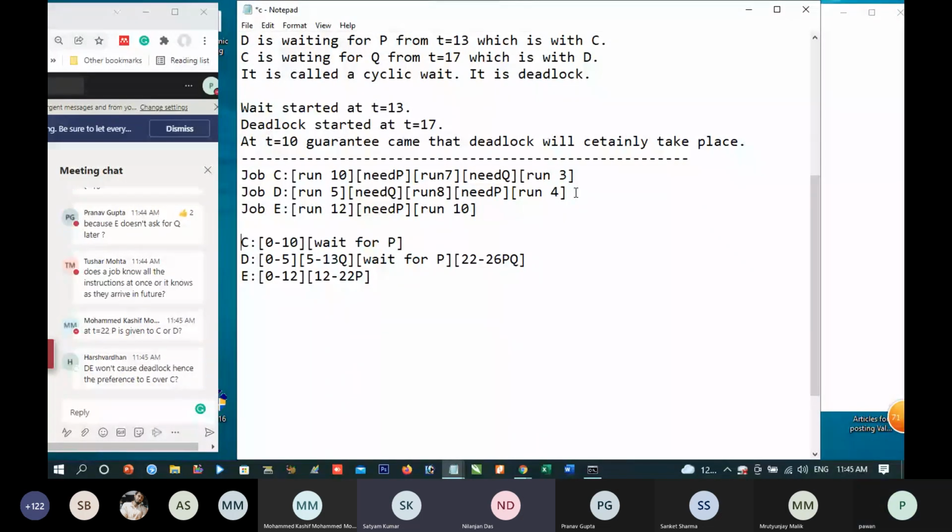Now, at time t equal to 26, this job D will be over. So from 26 to 33, it would be running